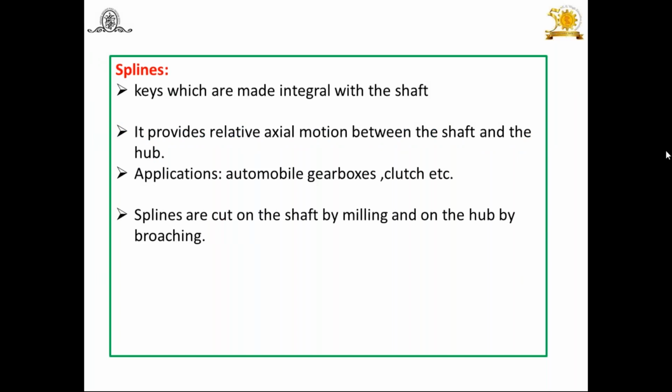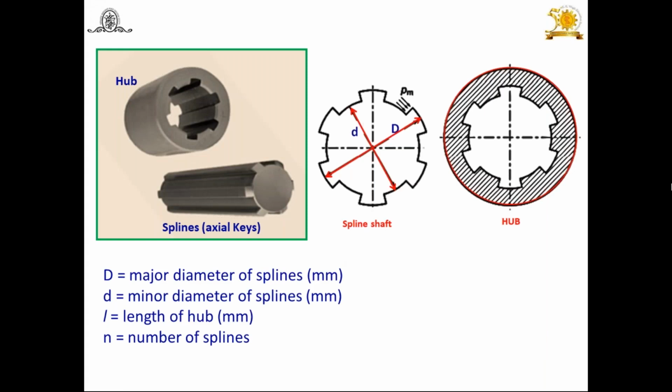Again, before that, what do you mean by spline or the spline shaft? You should know this. I would like to show it here in the diagram. You might have seen such a shaft. Look at the spline. Now this is the shaft. The shaft has multiple integrated keys. Look at this: 1, 2, 3, 4, 5, or 6 keys. You will find the keys are manufactured directly on the shaft. In other words, keys are an integral part of the shaft.